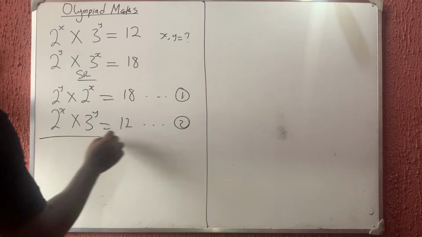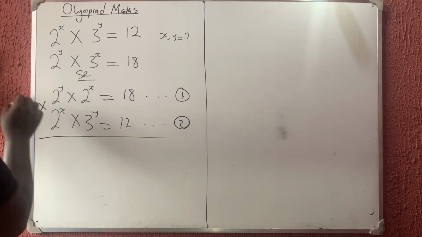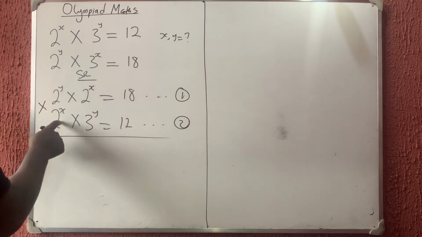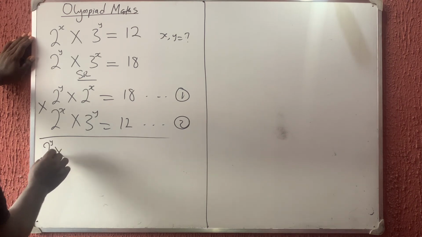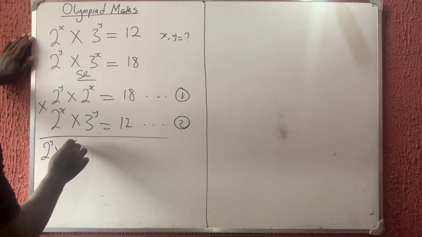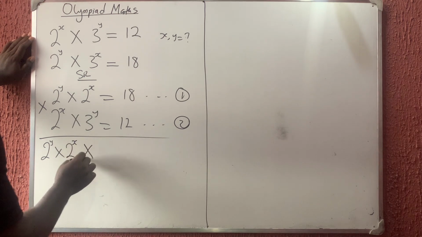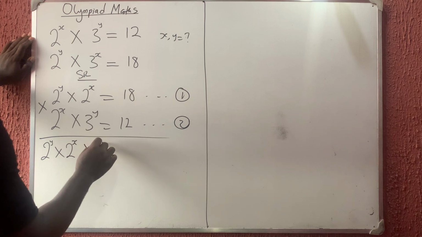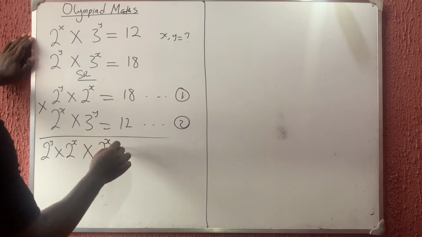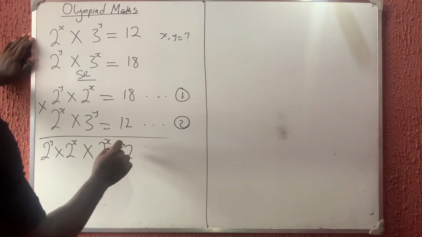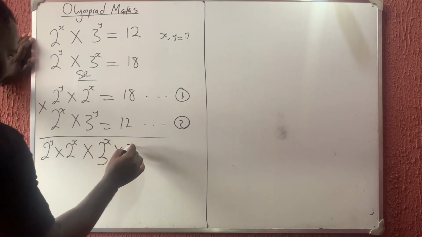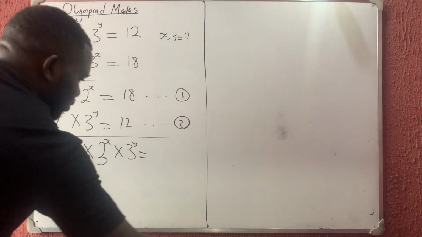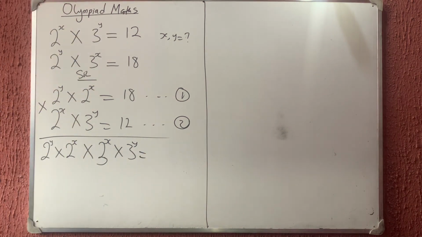Now if I multiply equation 1 and 2, this will give you 2 raised to power y times 2 raised to power x, then times 2 raised to power x times 3 raised to power y is equal to 18 times 12, which will give us